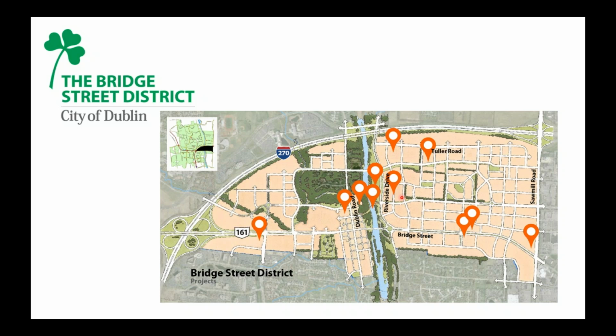And this new development on this bank has really been kind of divided by the Scioto River. The entire area is called the Bridge Street District, appropriately enough for this project. And the Bridge Street bridge is currently, or was before this project, the main crossing of the river for the downtown area. So a sidewalk on that bridge was the way to get across the river to the newer developed side over here. So in order to expand that walkability and create the atmosphere that the city wanted in the downtown area,